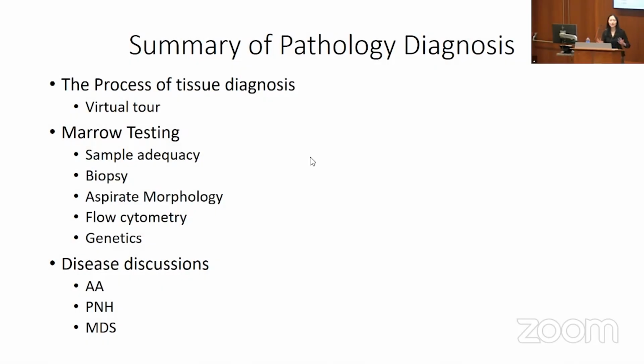So the summary of this talk will be on the process of tissue diagnosis, going through a virtual tour of our laboratories here at Yale, marrow testing, so focusing on a few key parts of this: sample adequacy, the actual biopsy itself, aspirate, flow cytometry, genetics. All of this comes together as a multi-modality diagnosis, and then disease discussion. So if we have time, I'd like to go through a few case studies of how we get to that